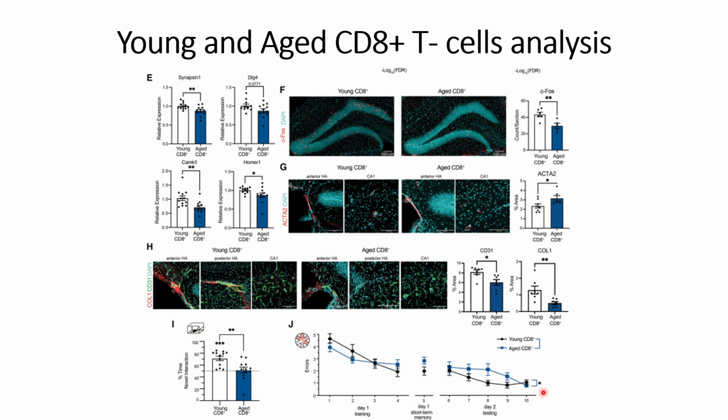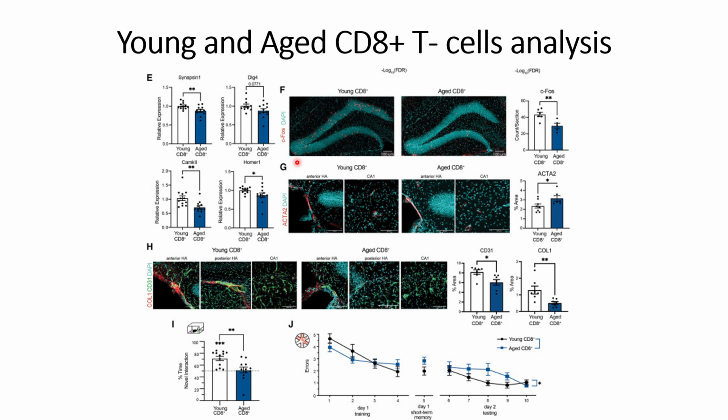So altogether, along with the methods that we discussed in the previous video, this shows that aged CD8 plus T cells have a negative impact in terms of brain response, and that could be related to the cognitive response. But by the end of this figure, they have not reached the point of cognition. They have just shown that young CD8 plus T cells and aged CD8 plus T cells have different impact